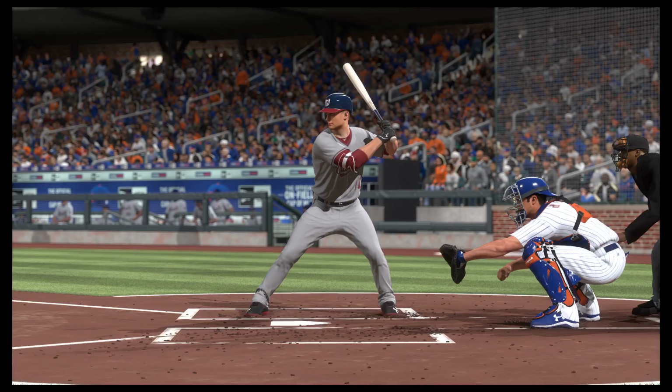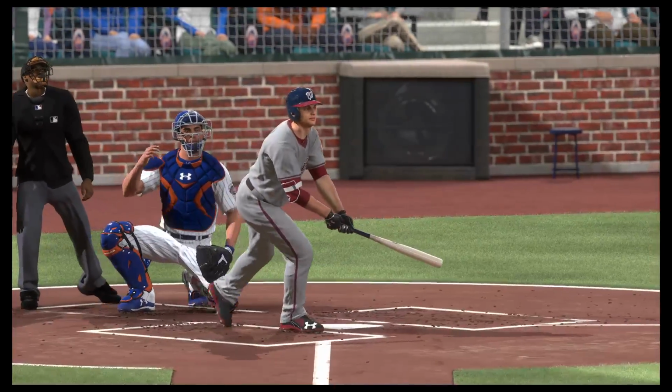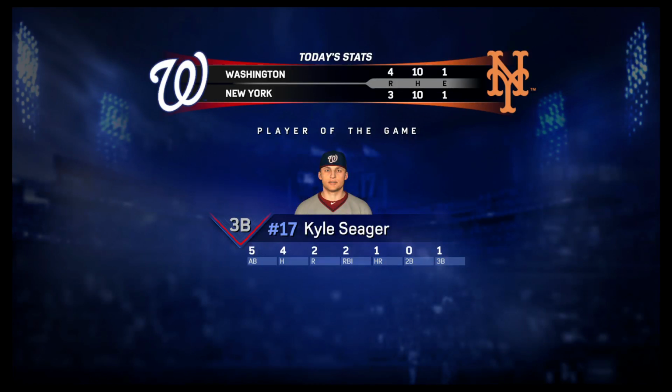Well, everyone was treated to a really well-played ball game in this one, and the guy you see there turned in a particularly notable performance, so he's our top player of the game in this one. Yeah, just a great all-around performance from him at the plate, as the stats indicate. Ended up with 4 hits, including a